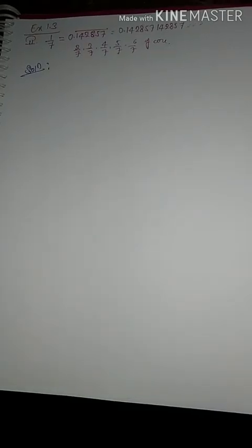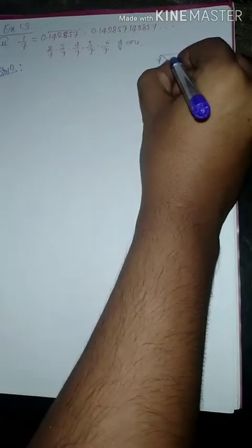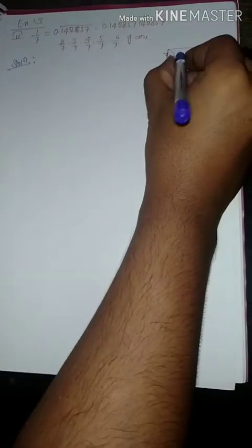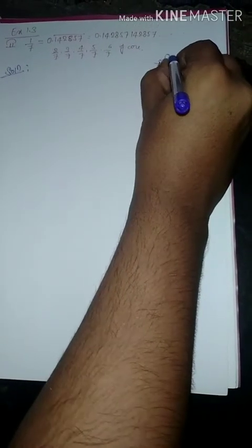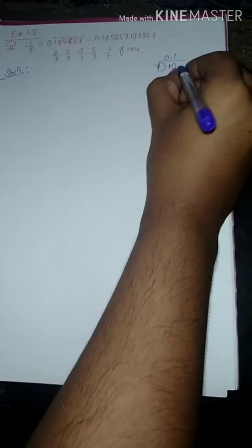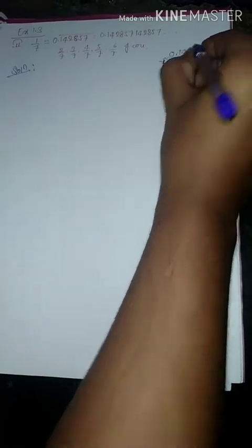Students, here first we need to find the division of 1 by 7. 1 divided by 7. So here 1 is less than 7, so in the quotient take 0 here. 7 ones are 7. 10 minus 7 is 3. So it becomes 30. 7 fours are 28. So 30 minus 28, 2 is remainder, it becomes 20. 7 twos are 14. 20 minus 14 is 6. So it becomes 60. 7 eights are 56.